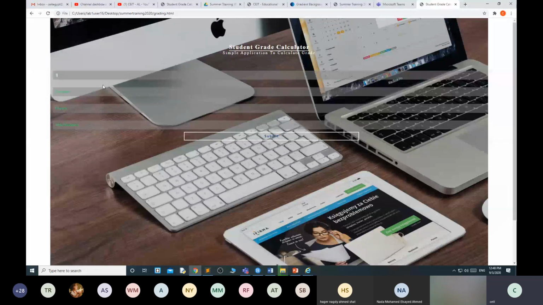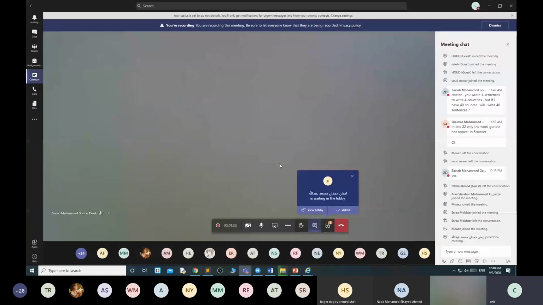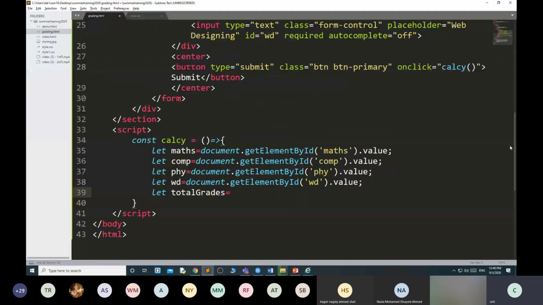Whatever value you enter here, by default, is in text format. In which format do you want? You want either integer or floating point, meaning a decimal format. That's why here you have to write parseFloat. Okay.